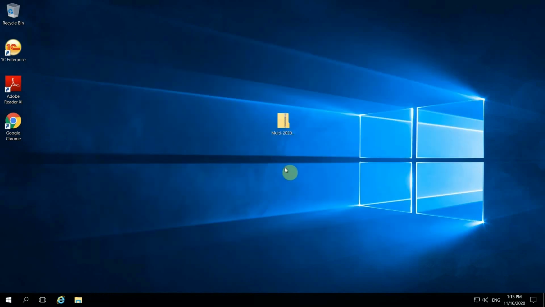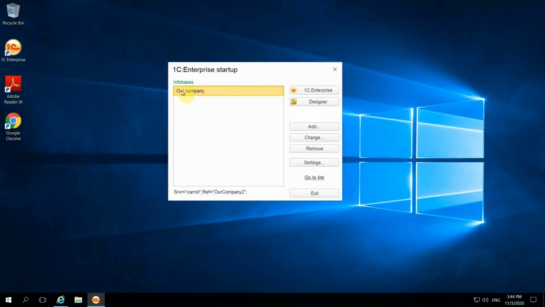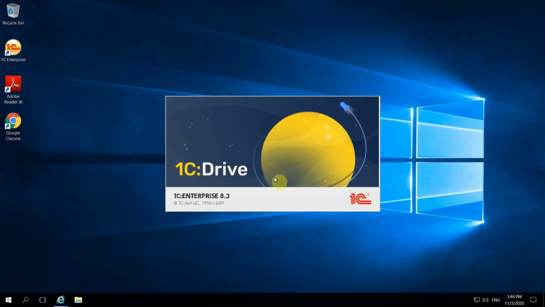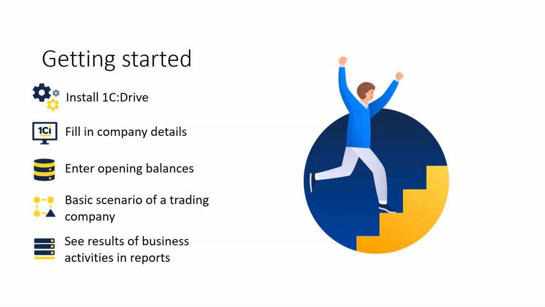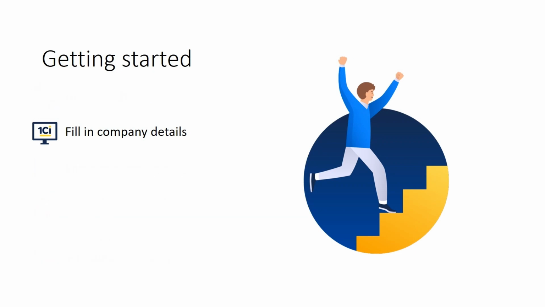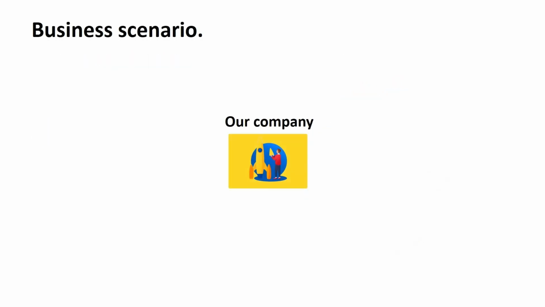And now we're gonna open the infobase again. And you can see that the language switched to English. Now we're ready for the process of filling in company details. But before that, we're gonna discuss the business scenario we'll be going through. So let's assume we're a German trading company and we sell consumer goods. We sell different types of products and we buy them from two major distributors, and we plan to start buying